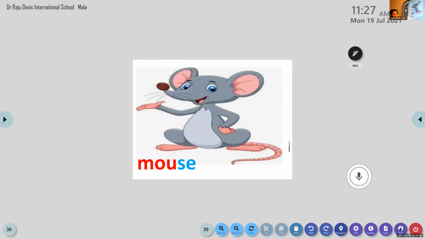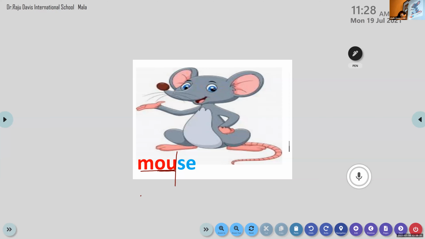It is "mouse." Okay, it is mouse. It is a one-syllable word. How did you find out it's one syllable? As I've told you, when two vowels come together, it is considered as one vowel, so it is considered as one syllable. I said only one does the talking and the other one is sleeping. I told you. So it is mouse.